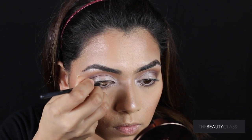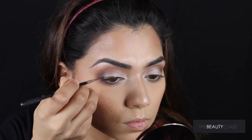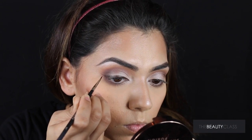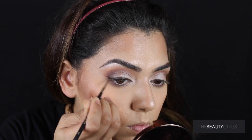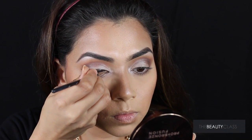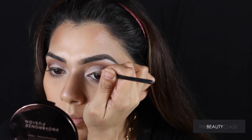Go ahead and apply this brown gel eyeliner from Makeup Geek. It's called Mobster, and I use it with my Inglot Duraline. I absolutely love Duraline because it really makes your gel eyeliners go on so smoothly and effortlessly. And I'm using this tiny but really effective eyeliner brush from Inglot. I'm just applying a very thin eyeliner with a very small wing, and later on